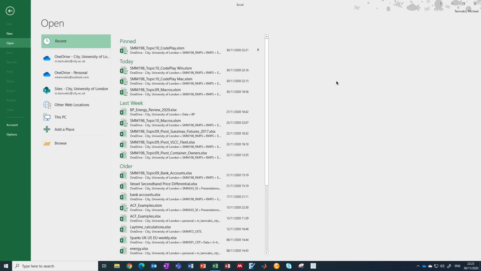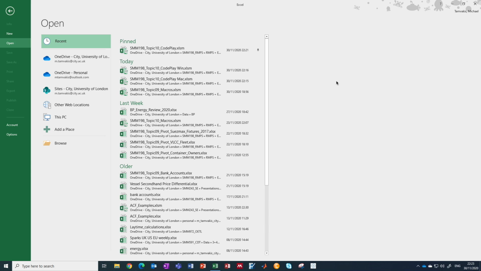Frequently, the best way to get started in VBA, if you don't have experience already, is to record a few macros, then go back to the VB editor, and then try to alter these macros, alter these commands, and start adding your own. So what you need to do for this